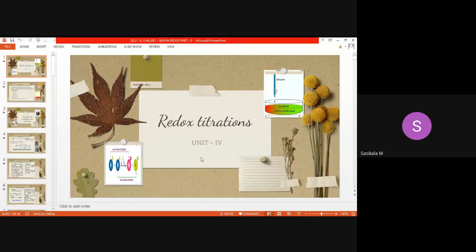Okay, let us discuss redox titrations. Already we have seen the contents of what we are going to cover under redox titrations. Redox represents simultaneous reactions of both reduction and oxidation. Simultaneous means both the reduction reaction and the oxidation reaction take place at the same time in the titration process. Titration is a volumetric method, so that is called redox titration. We are going to discuss various kinds of reduction and oxidation reactions and the types based on them in redox titration processes.